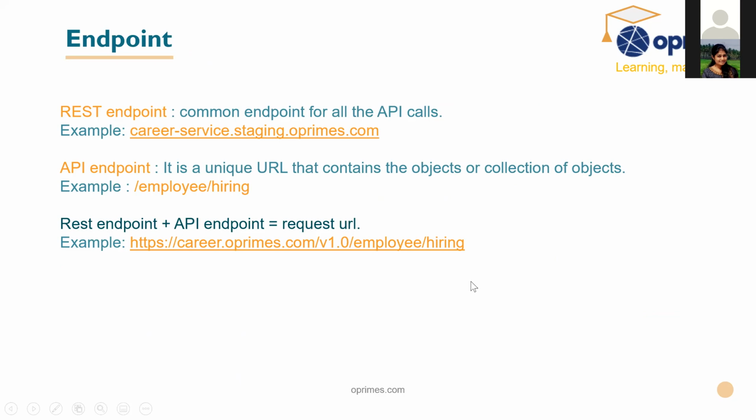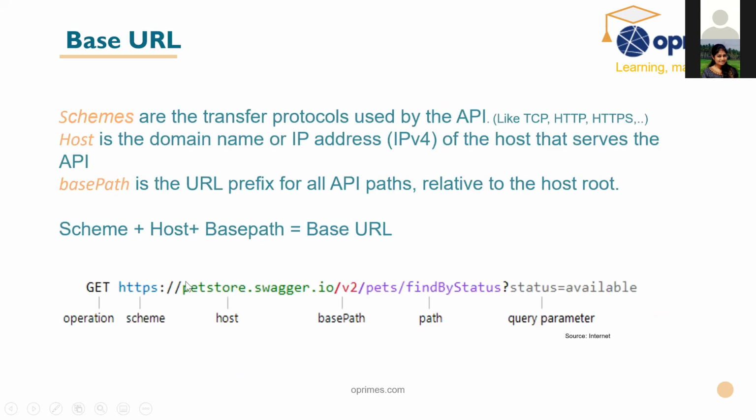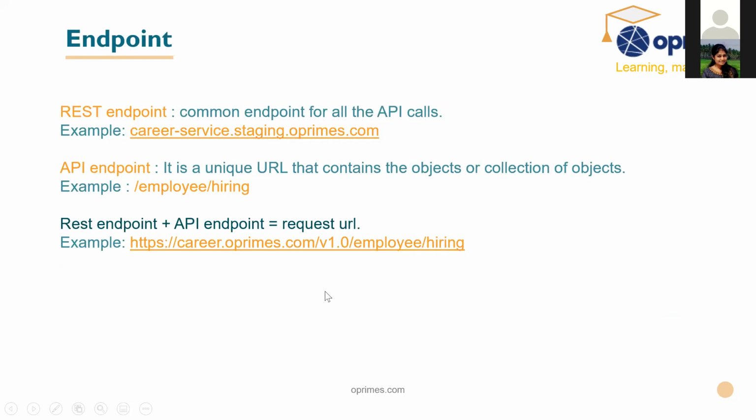Oh, okay. In the previous one, I explained about this host, right? So this is basically where the server is hosted. And it is in the non-readable format, which is an IP address. And we will be converting that into a readable format. So this careerservice.staging. Take the example of Facebook. Now www.facebook.com is the production environment URL. No, it's not a REST URL, but it is something in the readable format. But actually, you can access that by using the corresponding IP address also, right?